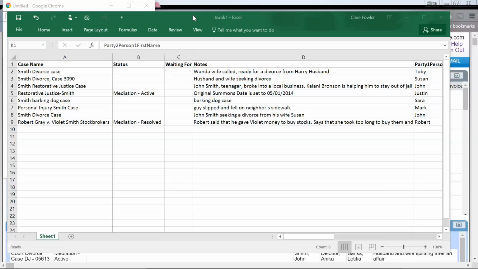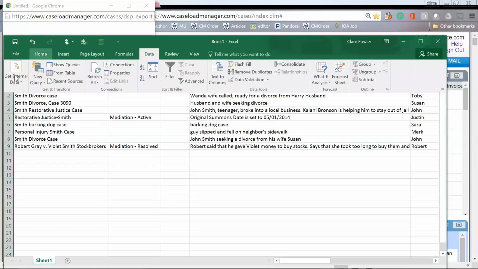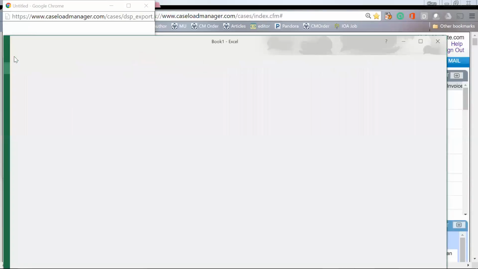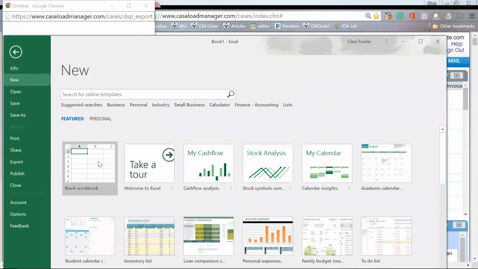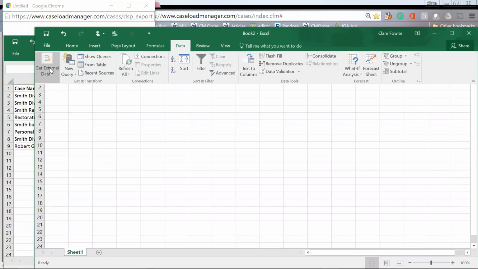So again, what we're looking at right now is the Excel version of our cases. So let's look at another example. I'm going to create a new spreadsheet first. File, new, blank workbook. Here we go. Okay, so again, let's just review this. I hit data, get data from text,